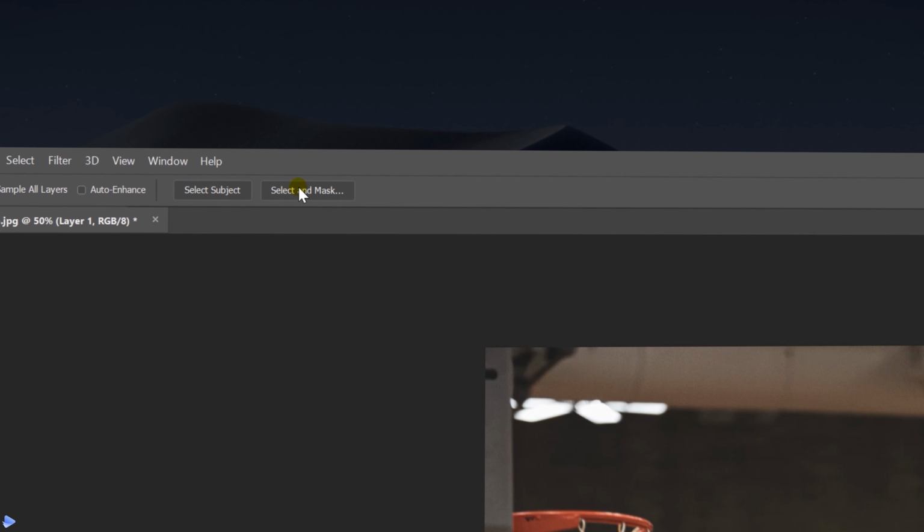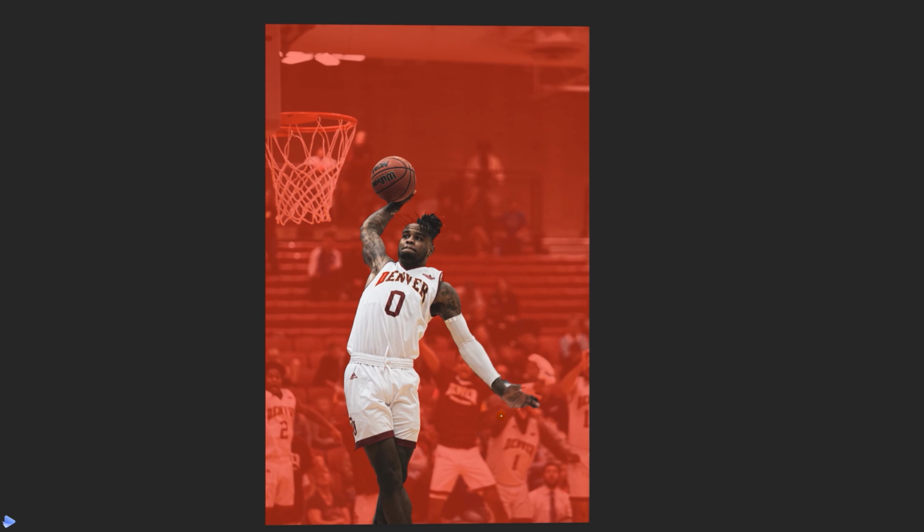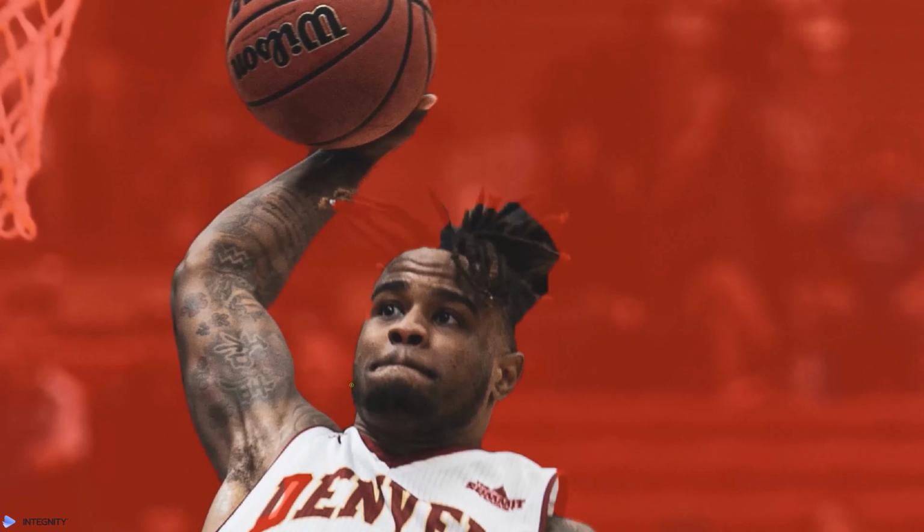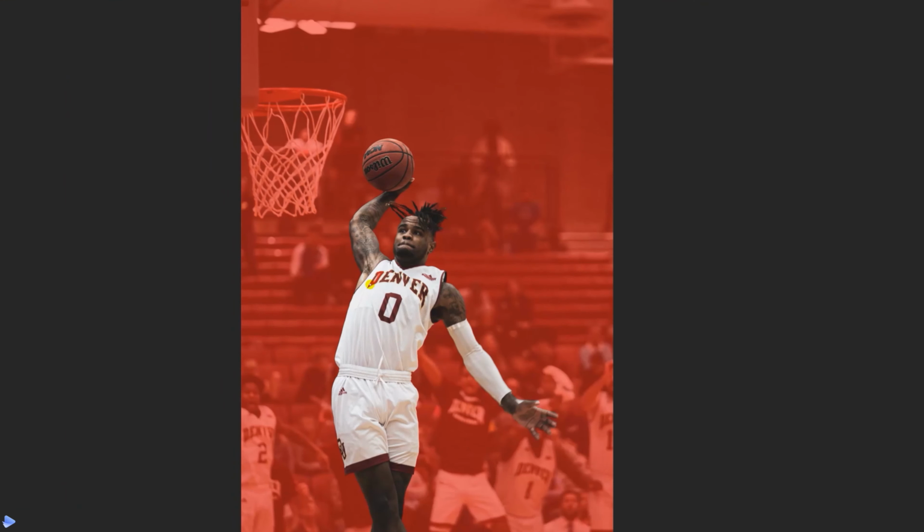Next, go to the select and mask button at the very top, just over here. Okay, what we'll need to do here is just create a finer mask of this guy and really hone in our edges. Quick selection tool is a great tool, although it's very rough. So just like Content Aware, we will need to do some adjustments. So just try using the brush tool on the side panel to get as close as possible with the edges, and then use the refine edge tool for the more difficult things like, say for example, hair.